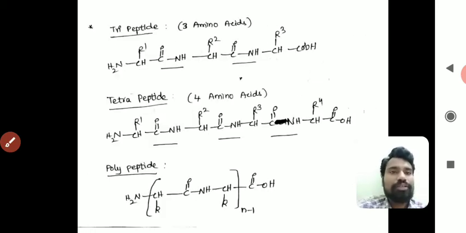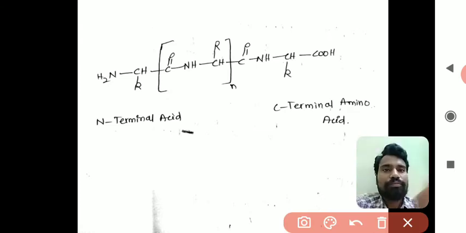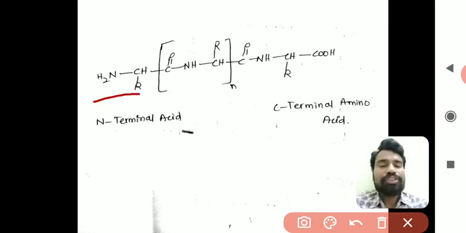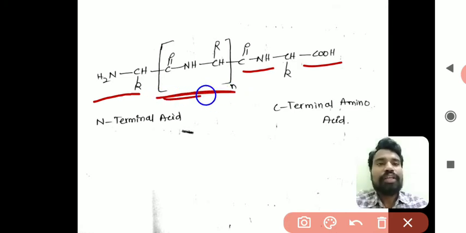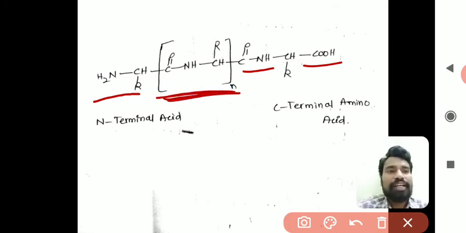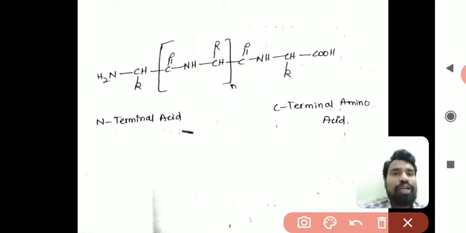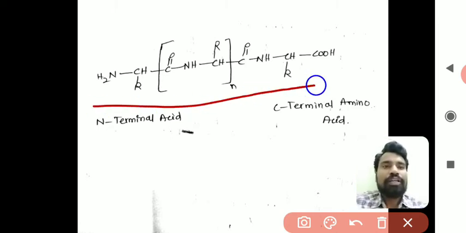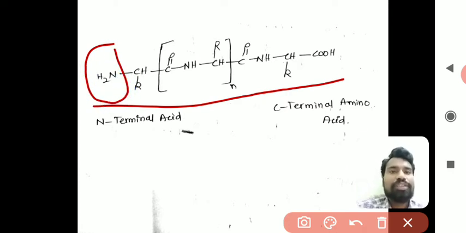So observe here the structure of a polypeptide. This is NH2CHR CONH CHR, n number, right? C double bond O NH CHR COOH. So here n number of amino acids are attached to each other with amide or peptide bonds. In a polypeptide like this, the amino group of the first amino acid is a free group, which is not reacting with any other carboxylic acid group, right?